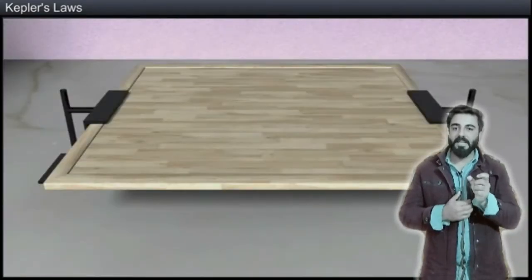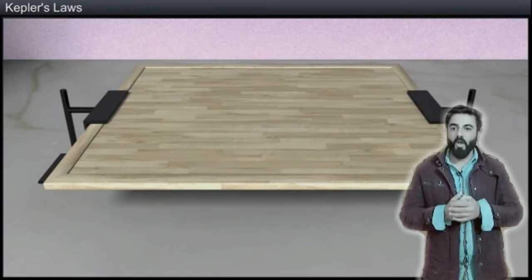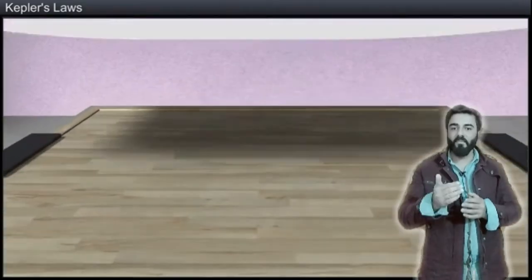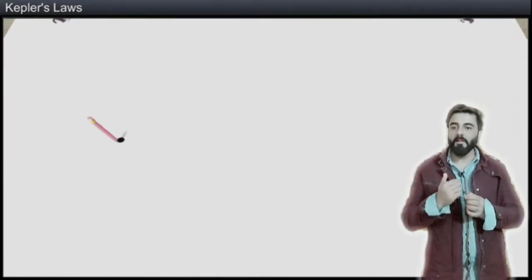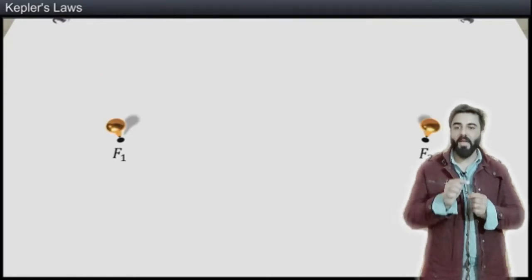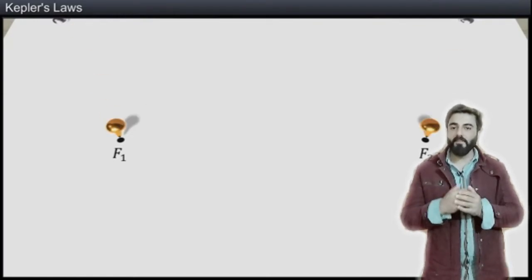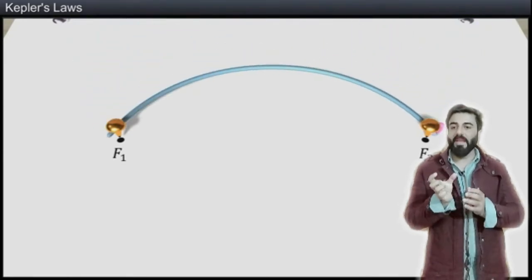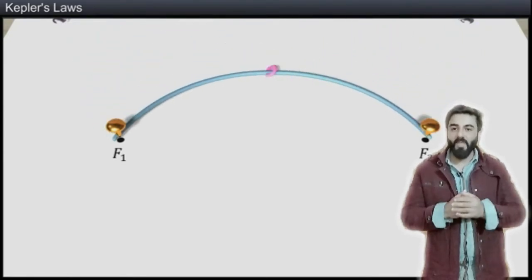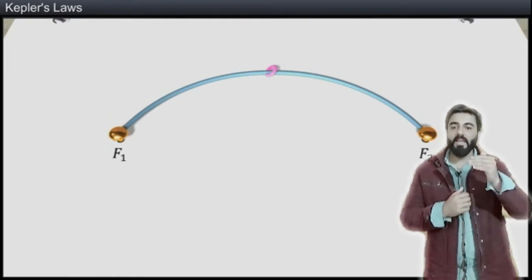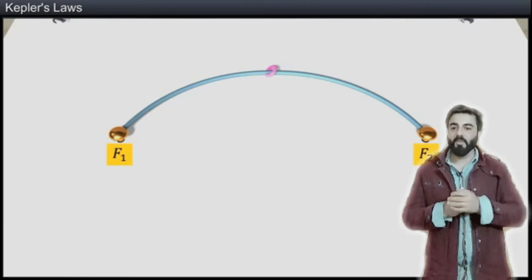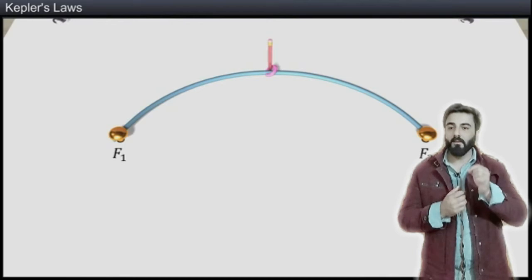For this we have to fix a drawing sheet to a pin board. Now we have to select 2 points, that is F1 and F2, on the board. Okay, this is F1 and this is F2 on the pin board. And fix 2 pins at these points. Now we will take a string of finite length and pass it through a small ring. Fix 2 points located at F1 and F2. Pass a pencil through the small ring.